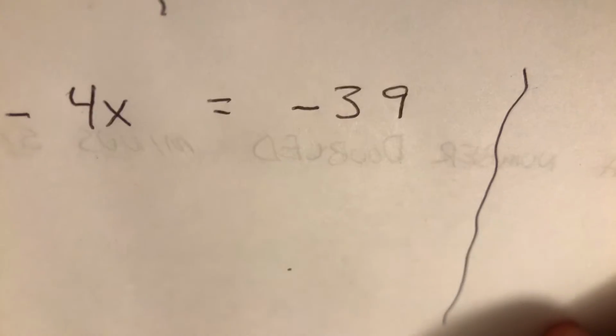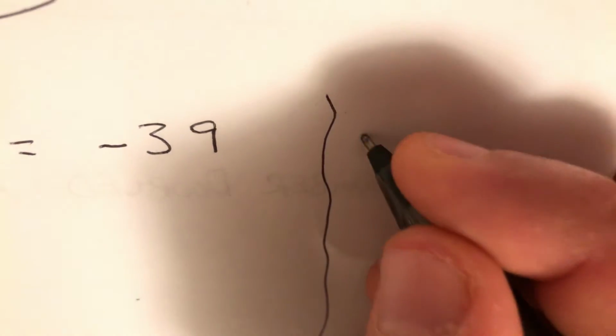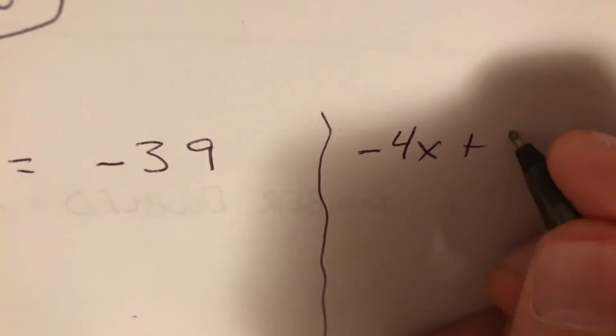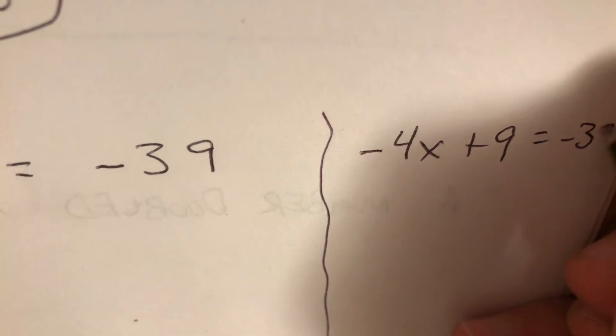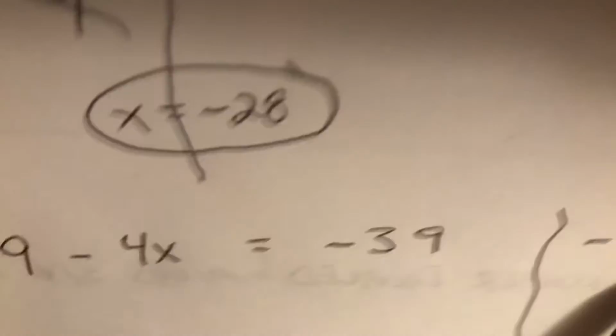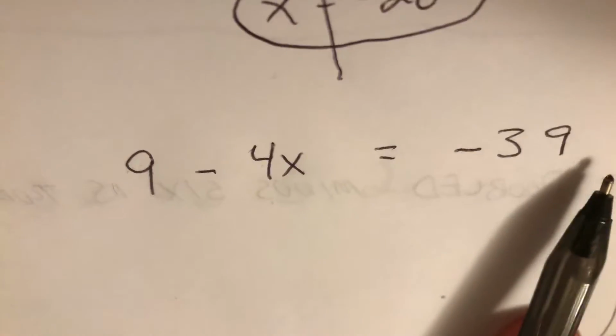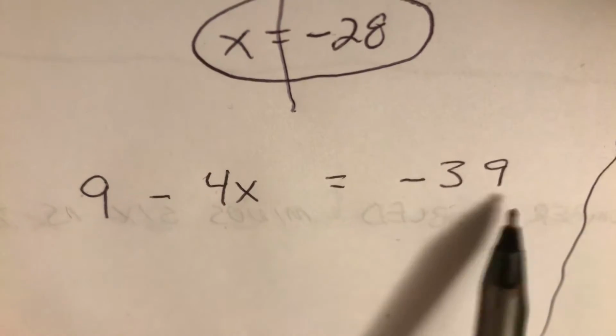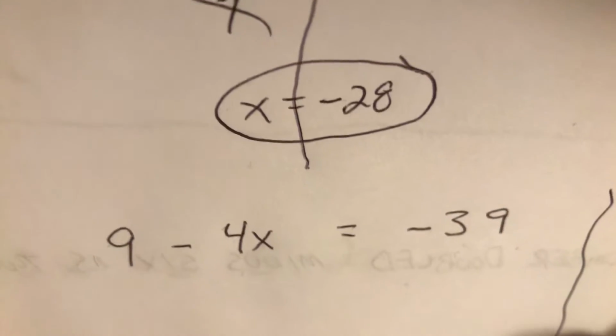So 9 minus 4x is the same thing as negative 4x plus 9 equals negative 39. So this and this are the same thing. Okay? But I'll work it from here. So we can do this one from here. So let's go ahead and